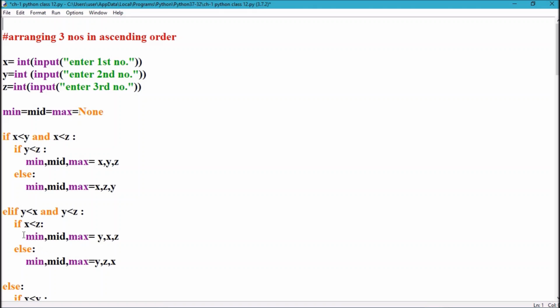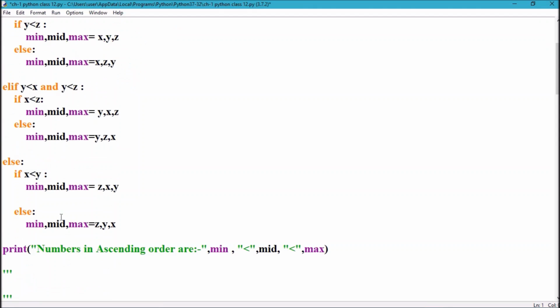So what will be the assignments? Minimum number will be y. It is clear from this comparison, and from the other comparison we are clear that x is the middle and z is the maximum. Otherwise, the opposite of this will happen. Mid will be z and max will be x. So this is the third case,